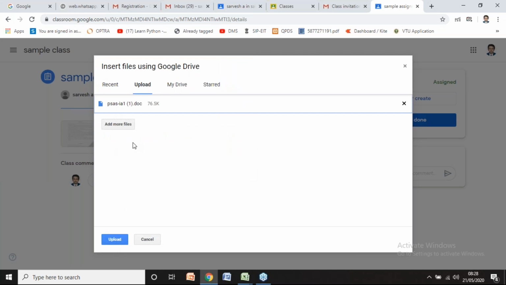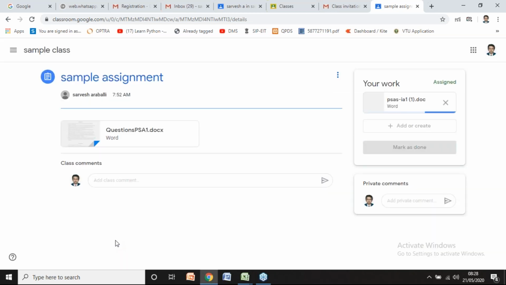If you want to add some more files, if you have one more assignment you wanted to upload, you can click on this add more files. Now you just upload it. You can observe here whatever you have uploaded, the written assignment, it will appear in your work